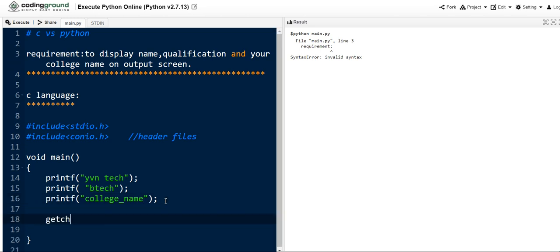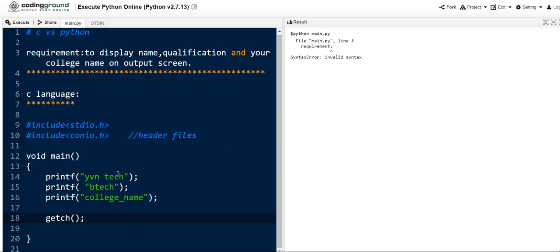One more thing is getch, to keep the output displayed on the output screen. It has taken almost 8 to 9 lines of code to fulfill the requirement.